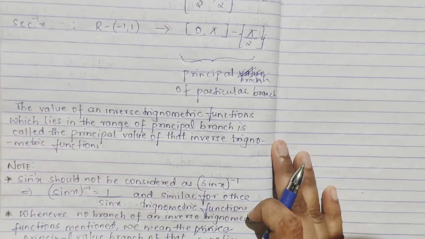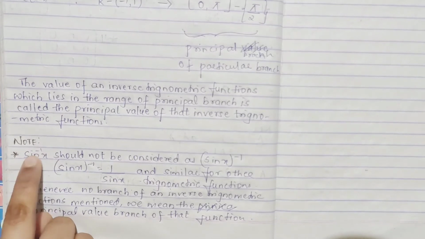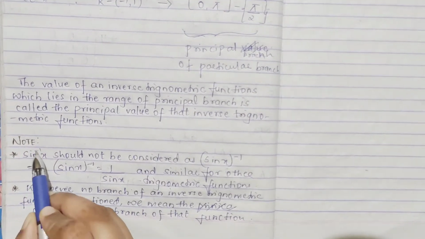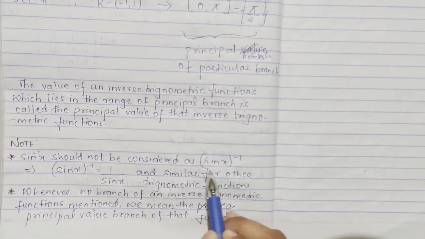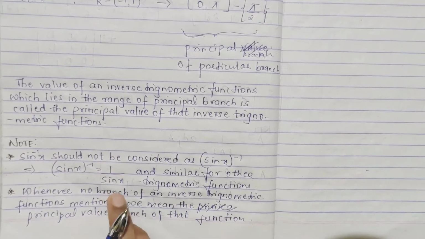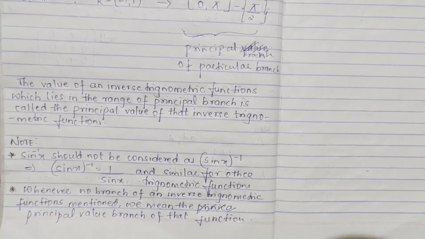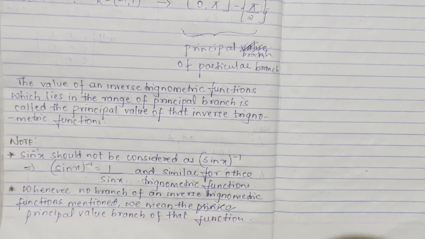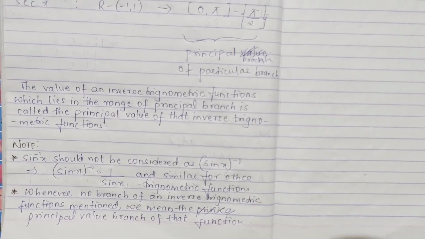And a note I have given you, see here, sine inverse x, okay, this should be written like this. I have told you how you have to write sine and raise the inverse here. It should not be considered as sine x of whole inverse, because sine of whole inverse means 1 by sine x. 1 by sine x is totally different from your sine inverse x, okay. Please don't get confused with that. Not only for sine, I am telling for everything, for every other trigonometric function too. Just please pause the video to note it down.